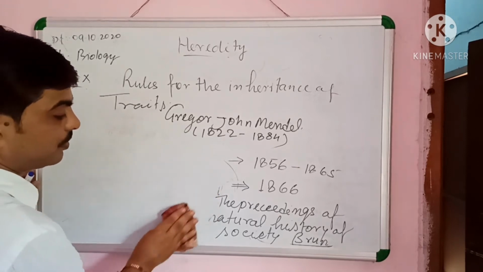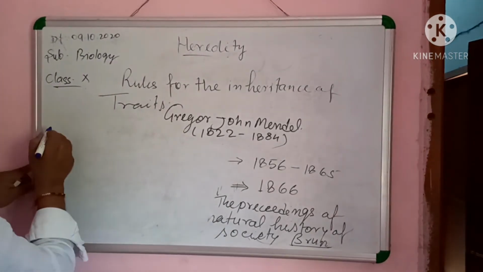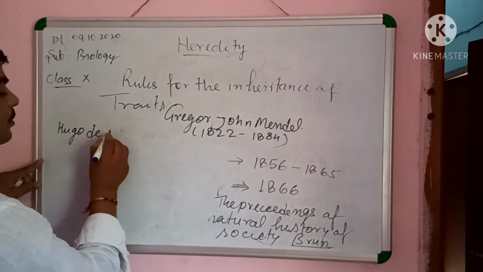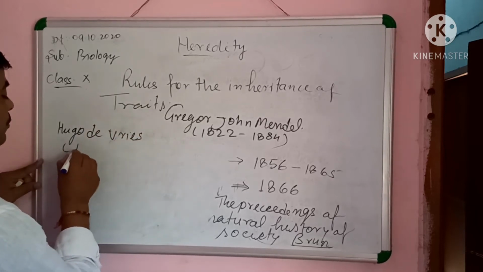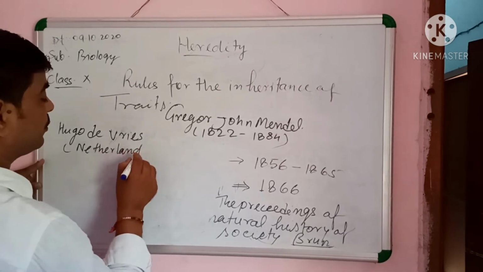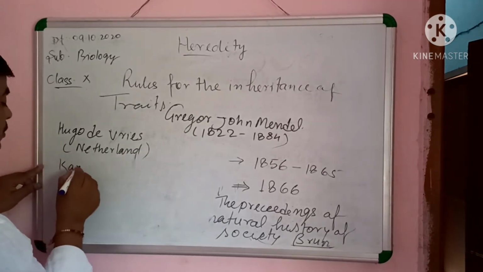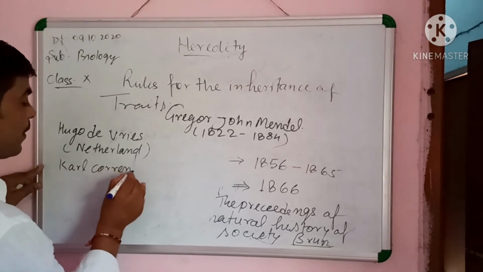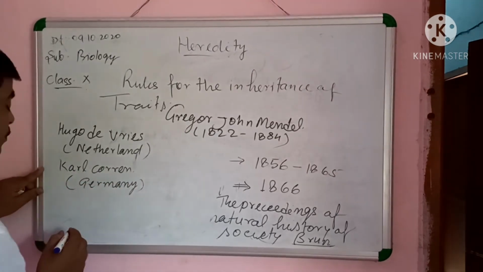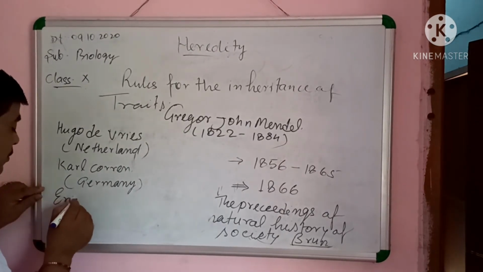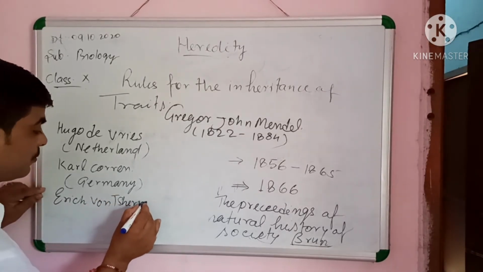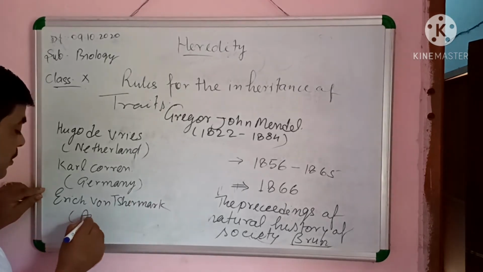Later on, three scientists, Hugo de Vries from Netherlands, Karl Correns from Germany, and Erich von Tschermak from Austria,